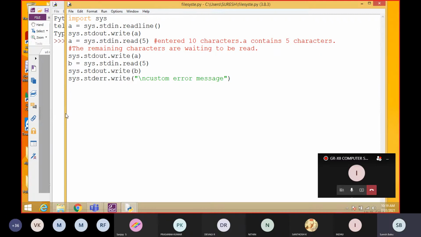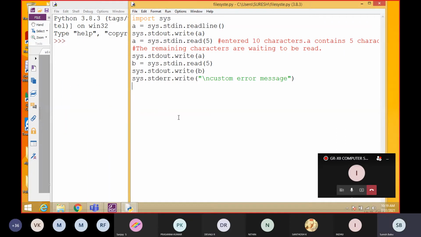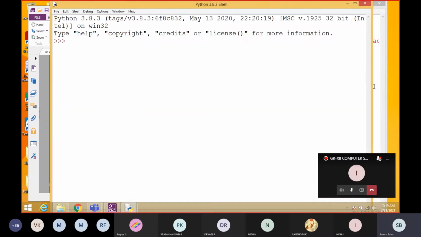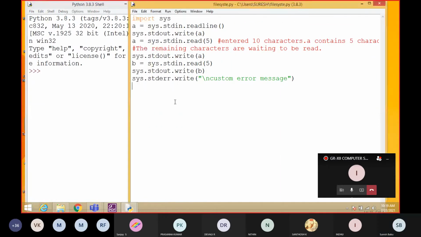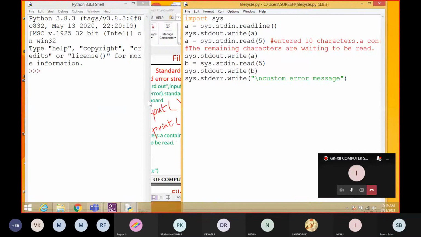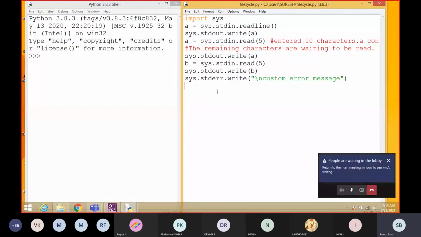Okay, so this is the program. I will explain it line by line, so kindly listen. In the first line, we are importing the module, import sys. Then in the next line we are using stdin to read the data.